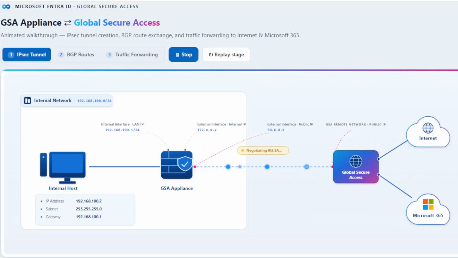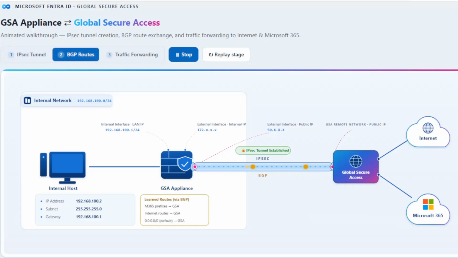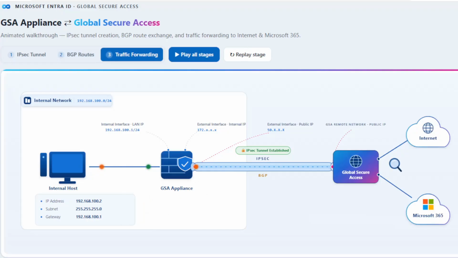Let's take a quick look at Global Secure Access Remote Networks. This is a simple, yet powerful capability that allows you to route user and agent traffic over the Microsoft Global Network without installing the GSA client on every device. It's especially useful for scenarios where installing the client isn't possible, such as third-party managed devices, IoT, or branch office